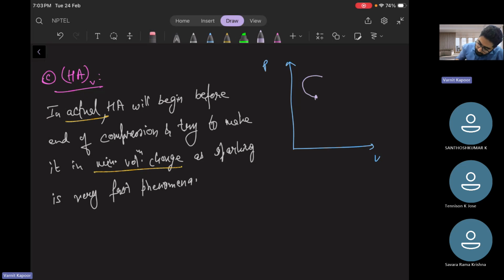This was 2, this will be 3, 2a and 3a. So this is a pressure increment and this is a very minimum